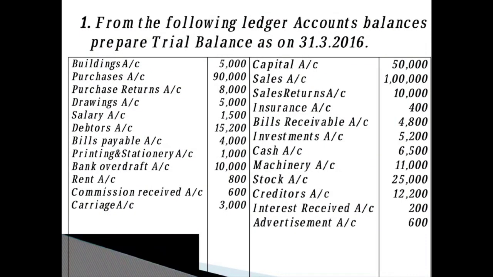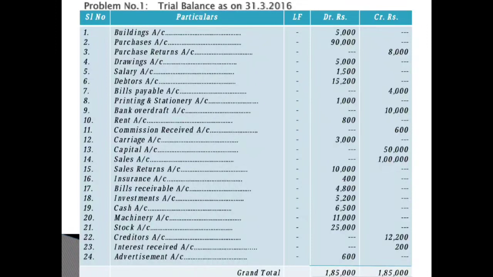The next you have bills receivable account. It is an asset. Bills receivable means what? Asset. As I said, if it is payable, if it is your payments, then it is a liability. When you are going to receive from your debtors, then it is an asset. So bills receivable account is an asset which shows us a debit balance. So see, we have recorded here the 17th one, bills receivable account, debit column, rupees 4,800.